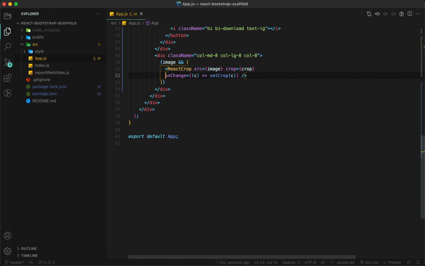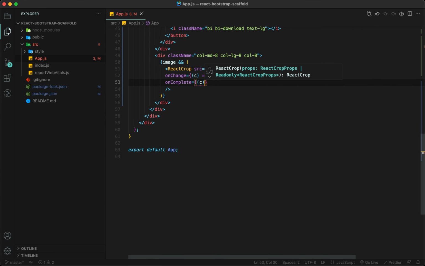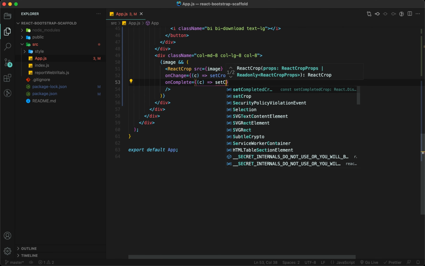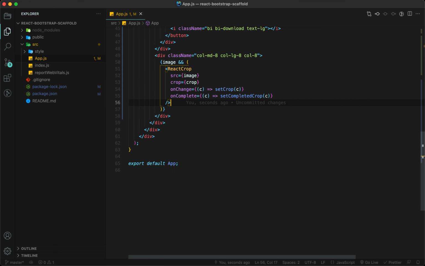Let me expand to a new line, and I'm going to add onComplete, which again will be a function, and here we are going to set completedCrop. So we have set it like this.